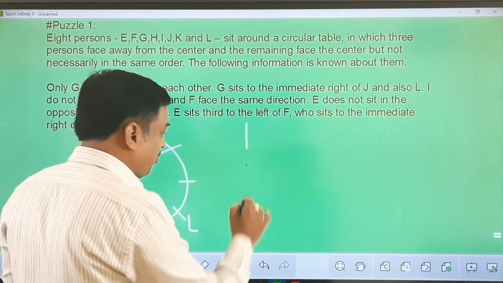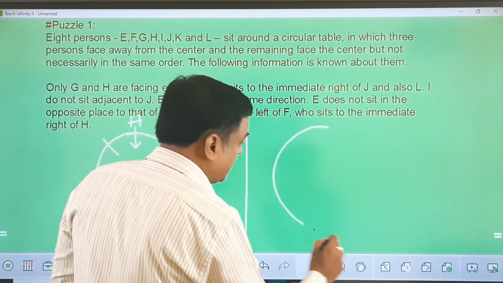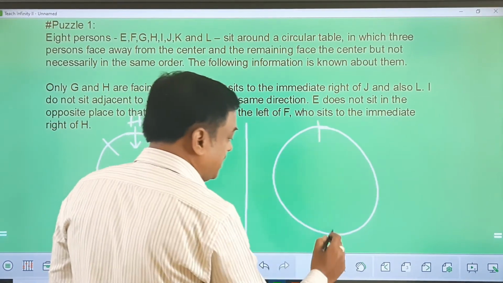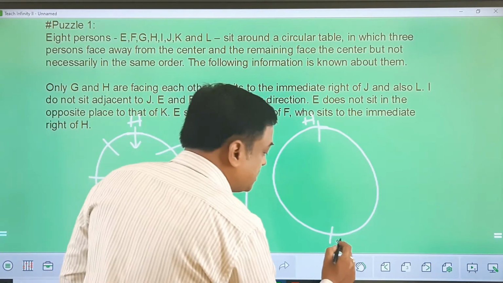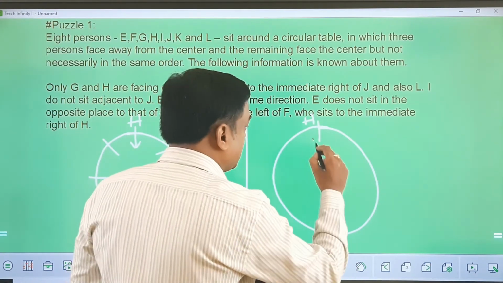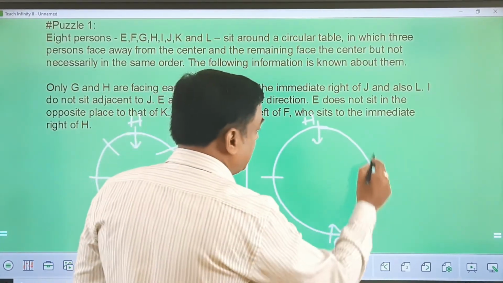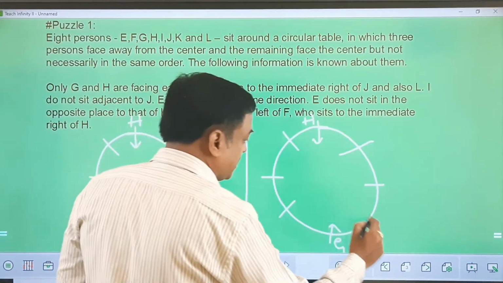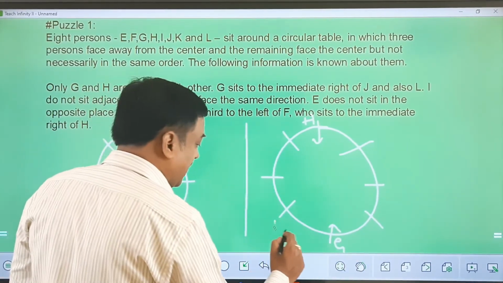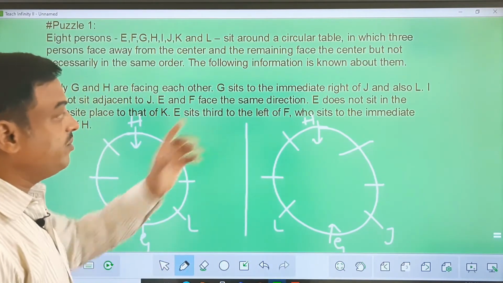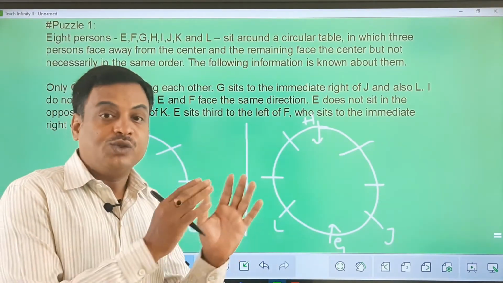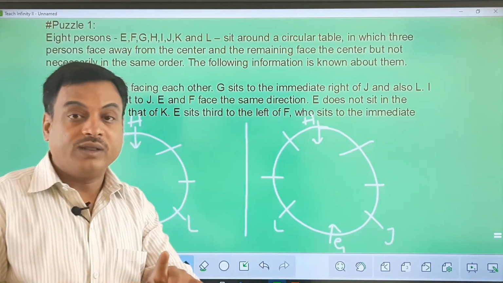Now there could be one more possibility. So I'll take quickly one more circle here, arranging for H, a very identical picture I take. This is G and both are facing, and rest of the people we don't know which direction they are facing here. So I would take here this side L and this side as J. Now let us understand from the statement, with respect to J and L, G have to be on the right